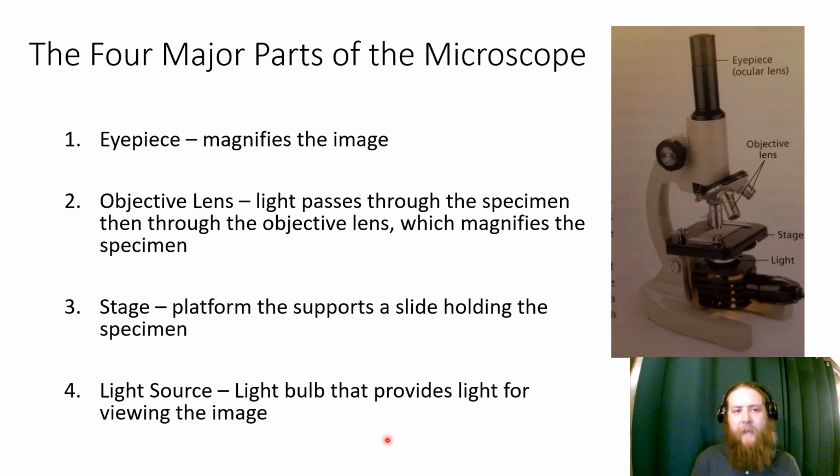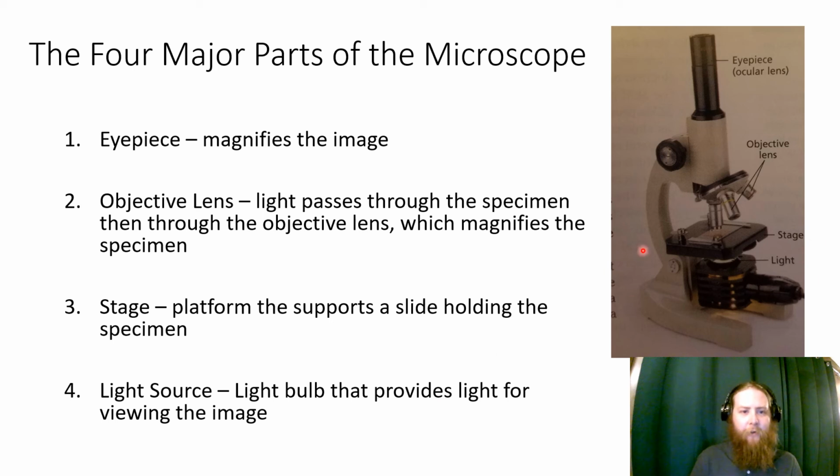But first, let's talk about the anatomy of the microscope. There are four main parts of the microscope. There is the eyepiece here, which magnifies the image. There is the objective lens here. This is where light is passing from the bottom up through the specimen. This further magnifies it, and you can see on this one, it has 3 different modes of magnification. You can change your magnification on this one, which makes the image bigger before you see it in this ocular lens. The stage is this spot here, this black area where you're putting the specimen,